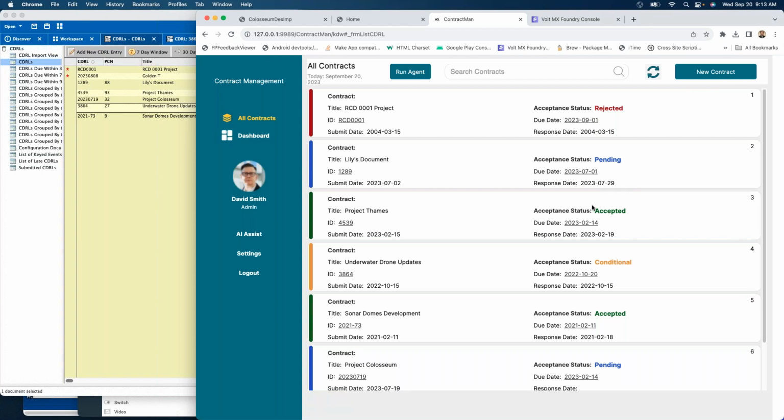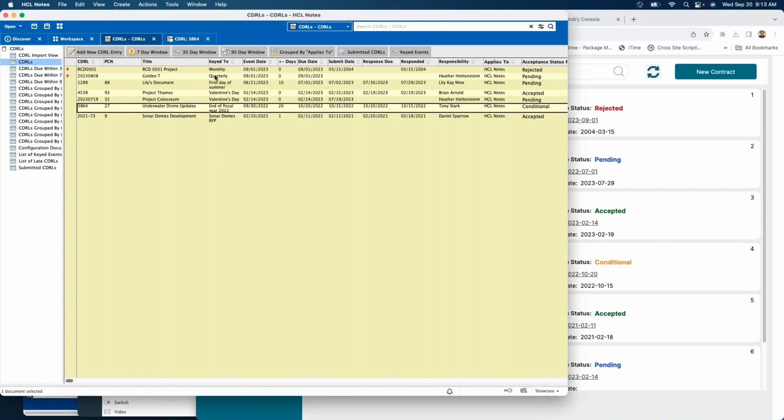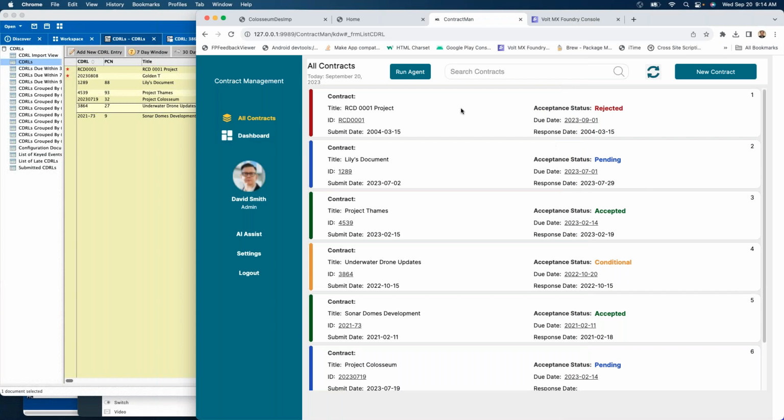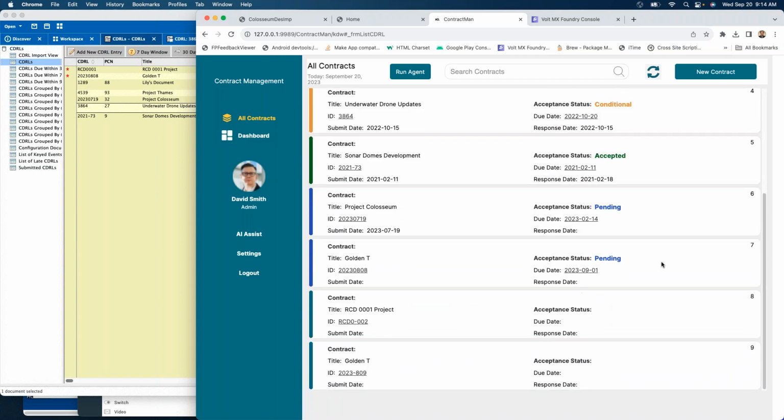All right. So now what I'm going to show you next is the ability to trigger a Domino agent. Do recall that one of the agents was examining documents with monthly or quarterly events, and it will trigger the agent in order to create new documents based on these two events, right? So here I have a run agent. I can click on that, and it will trigger that Domino agent. And then you can see here immediately, after the 7th, there's the 8th and 9th, which are the two new